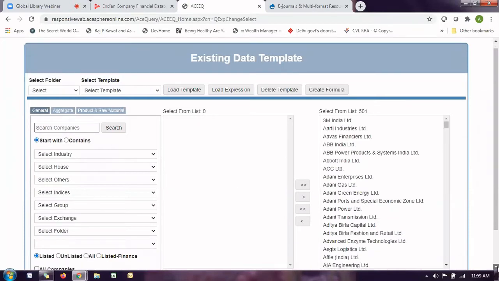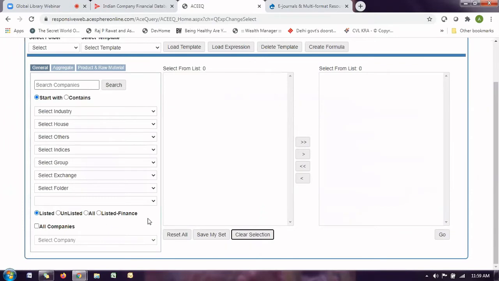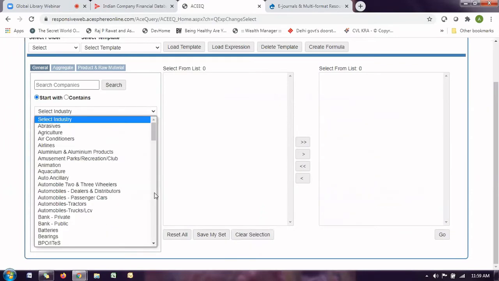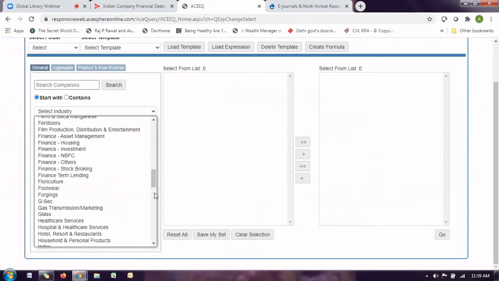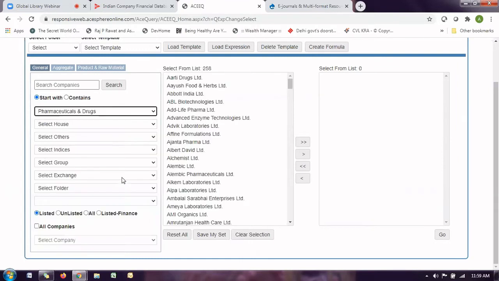Here I can clear the data. I want a particular industry, so let's say I want the pharma industry. Okay, so I take the pharma industry.